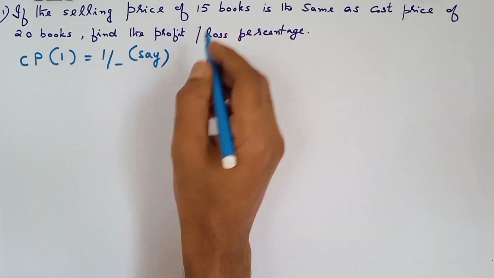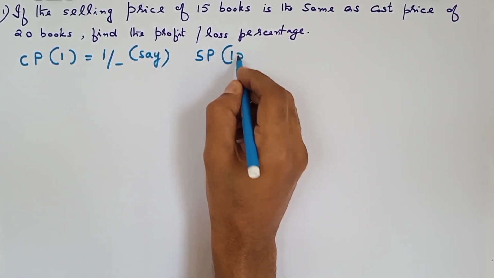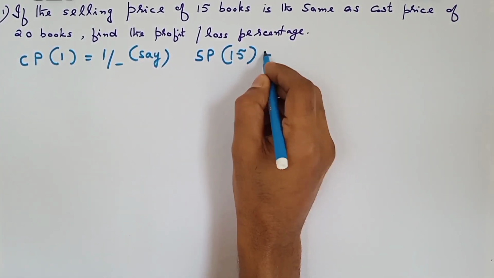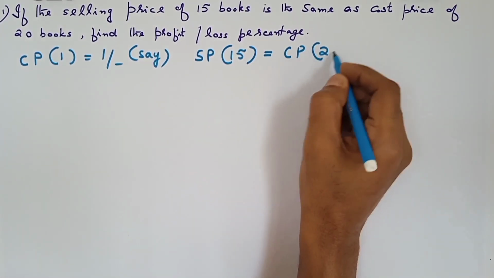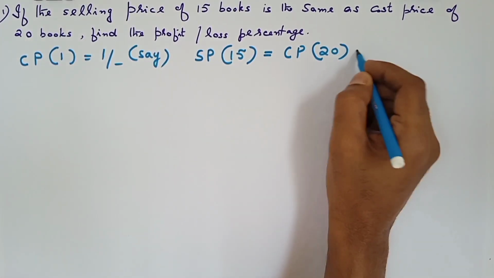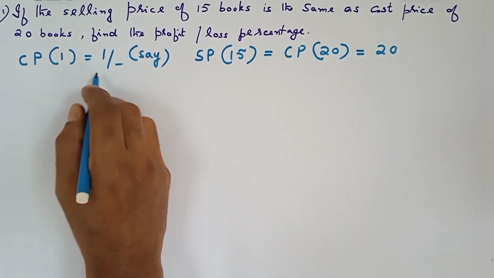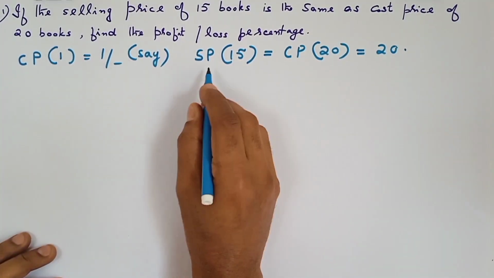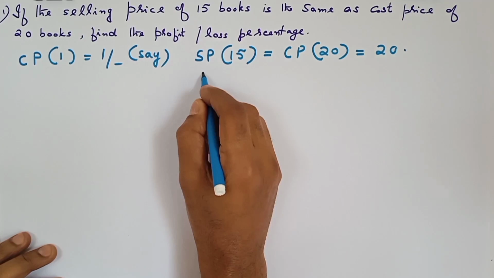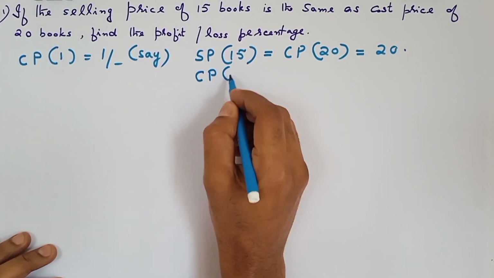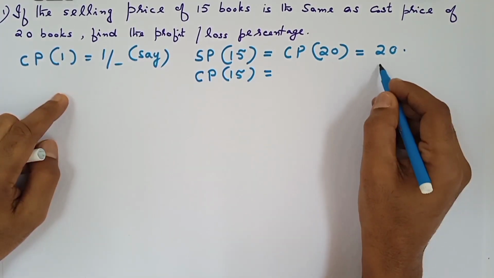Then write the data given here. What does it say? Selling price of 15 books is given to be the cost price of 20 books. This will be 20 on the basis of this assumption proportionally. Now we have found out SP of 15 books as 20 rupees. So find out CP of the same number of books, which will be what? That will be 15